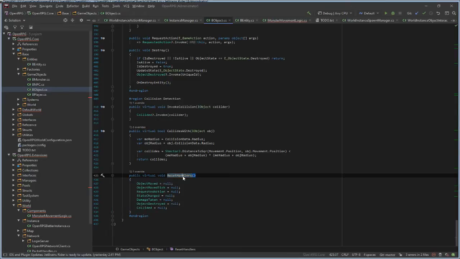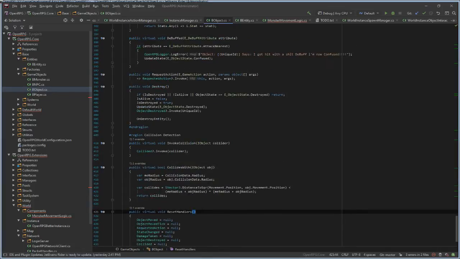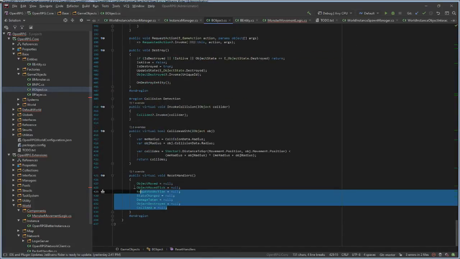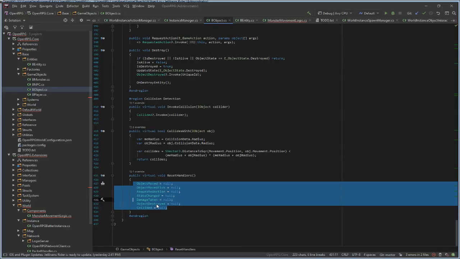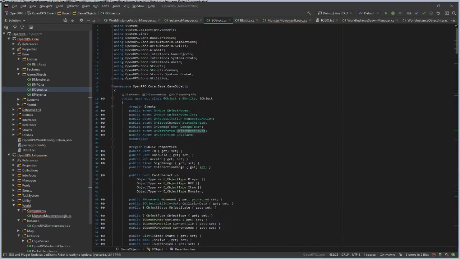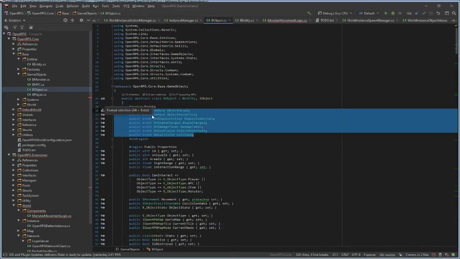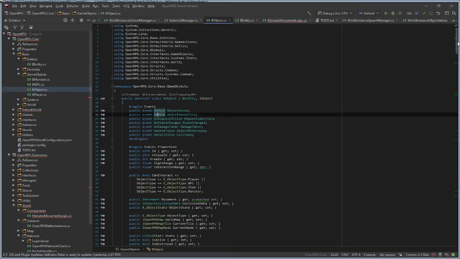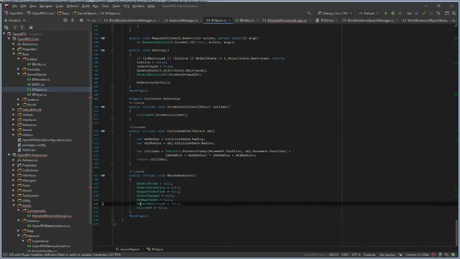So reset handlers is like we reset all handlers for all of our events, custom events. So we just reset any handlers. This is called whenever you use portals.